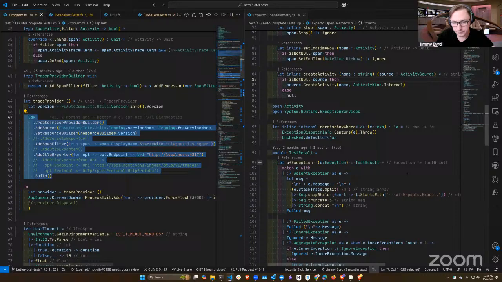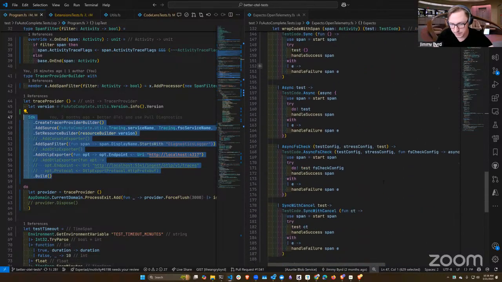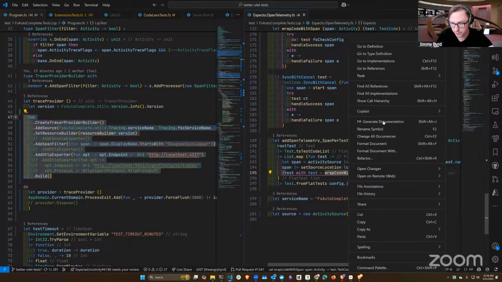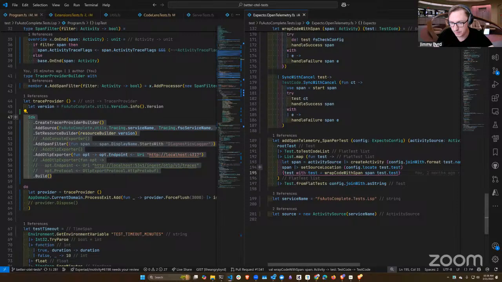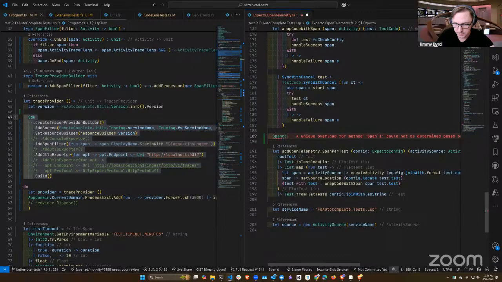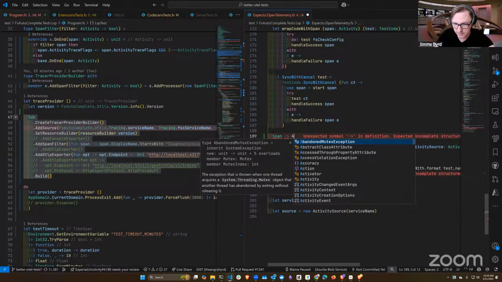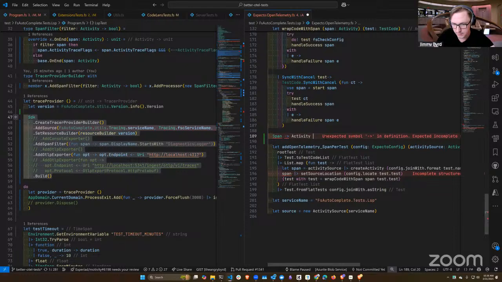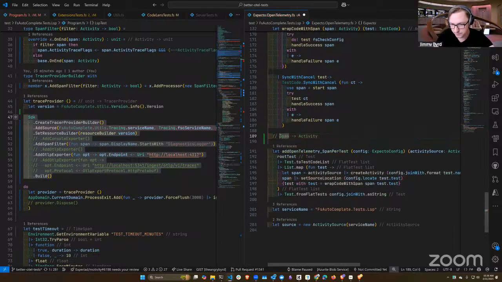The next piece here is being able to wrap your test in this. So we have this wrap code with span. What we're doing here is creating, you'll see the terminology transfer. A span is the same as an activity, I should say. These are basically the same ideas. Span is what OpenTelemetry calls it. Activity is what